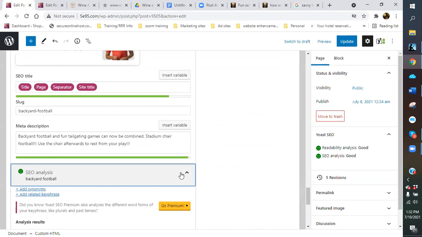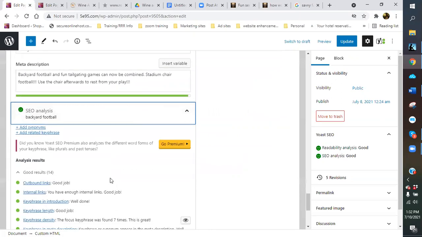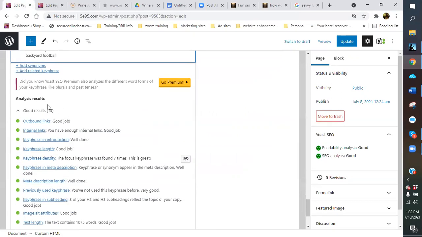Check and see. After you finish your page, that's what I was talking about Thursday. After you finish your complete writing, then you come and check this and see what you're missing. And it'll tell you your SEO title's too long, your meta description's too long. If you have red, fix them if it's fixable. If you can fix it and still get across the message you want to get across.